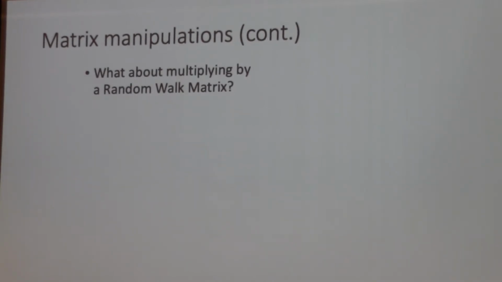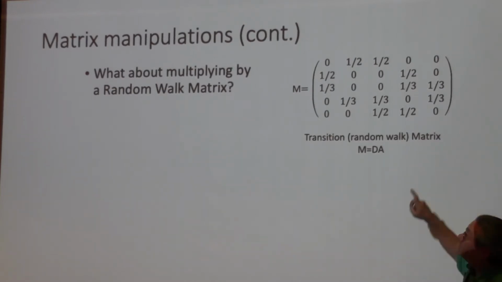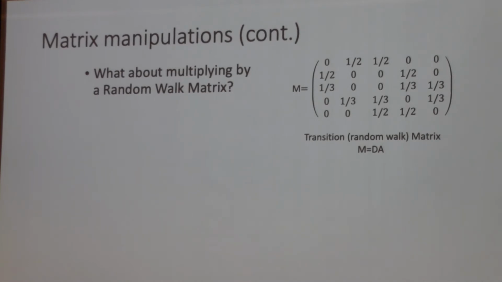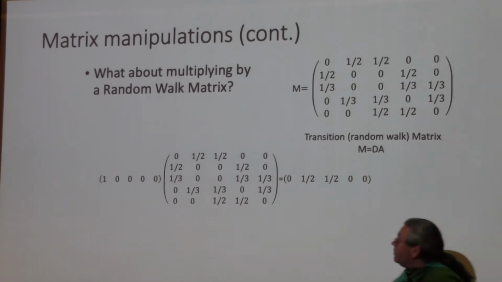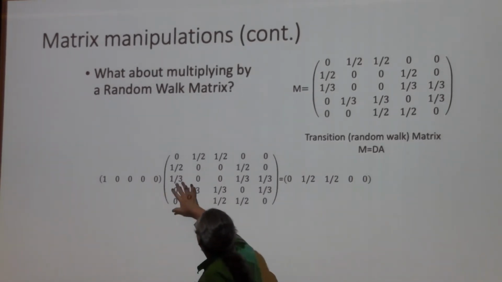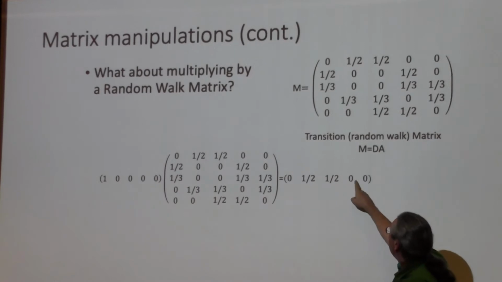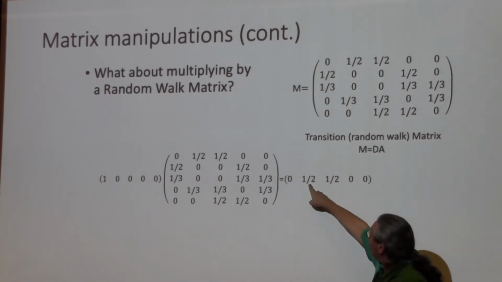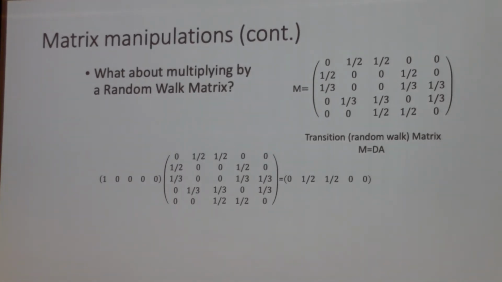Okay, good. So that's the adjacency matrix. Let's look now at the random walk matrix. The random walk matrix is the one where you have fractions, also called the transition matrix, giving you the probabilities. It doesn't actually count how many, but it gives you probabilities. So if you take the same vector, 1, 0, 0, 0, 0, multiplied by this transition matrix, you actually get the probabilities that you end up here. A half, and these have 0 probability. See that? It's not very complicated.